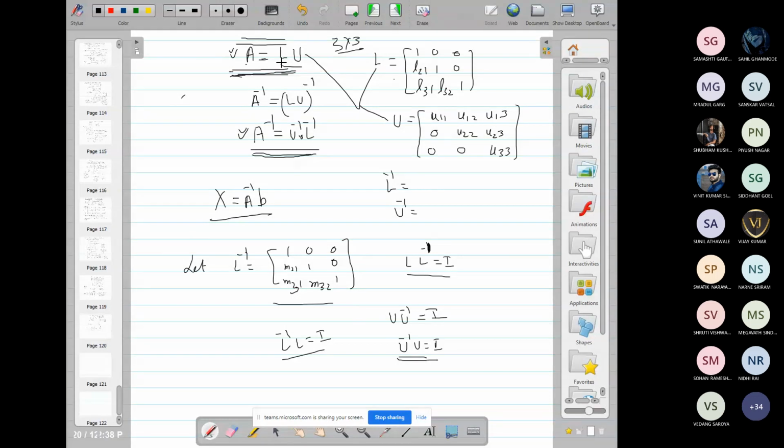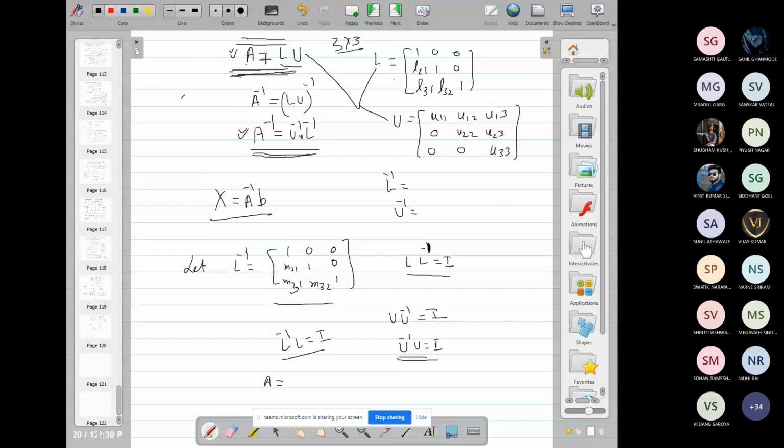And there is another method, because in this method we need to do more calculation: we need to calculate L and U, and then L inverse and U inverse, much calculation. But if the matrix A is positive definite, then to obtain A inverse we can use this relation. If A is a real symmetric positive definite matrix, then we can